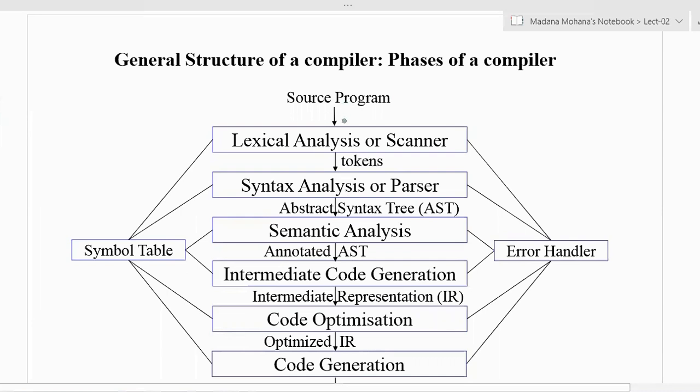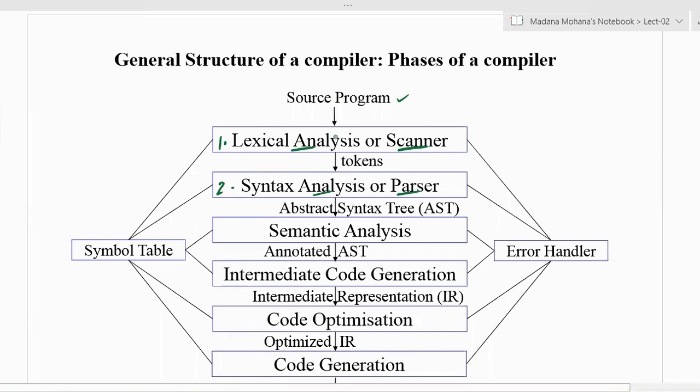The first phase is called lexical analysis, also called scanner, which takes as input the source program that can be written in one language originally. So the source program is the input of lexical analysis or scanner. Now the second phase is called syntax analysis, or also called parser.